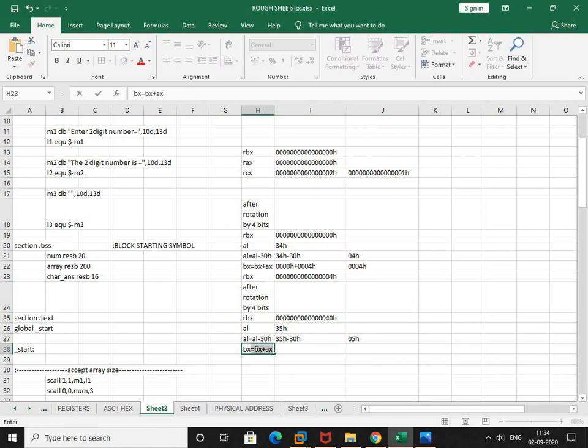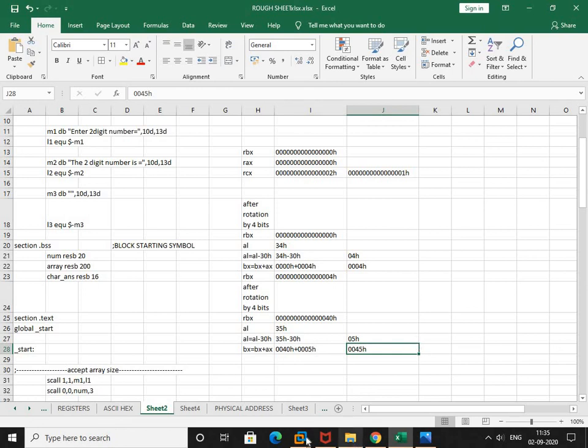So BX equals BX plus AX. 0040H plus 0005H. So what is the content of AX? It is 0005H. So after addition I got 0045H. See, whatever we have pressed through the keyboard, we got the same hex value 45H.